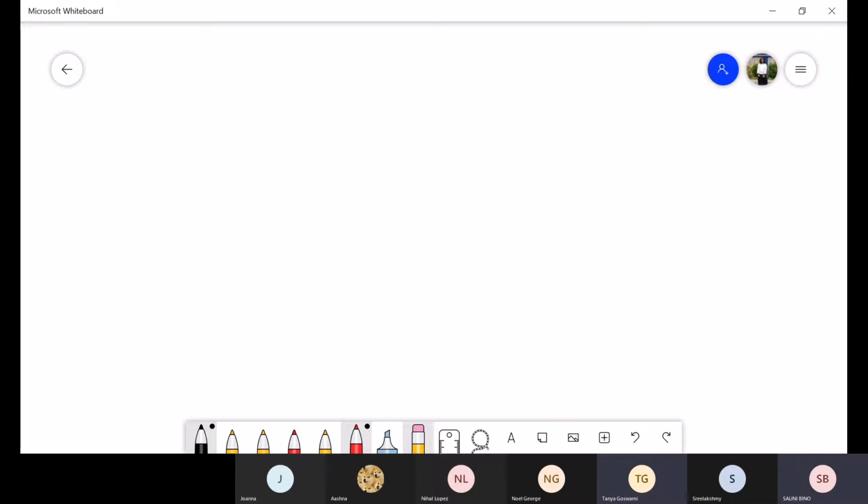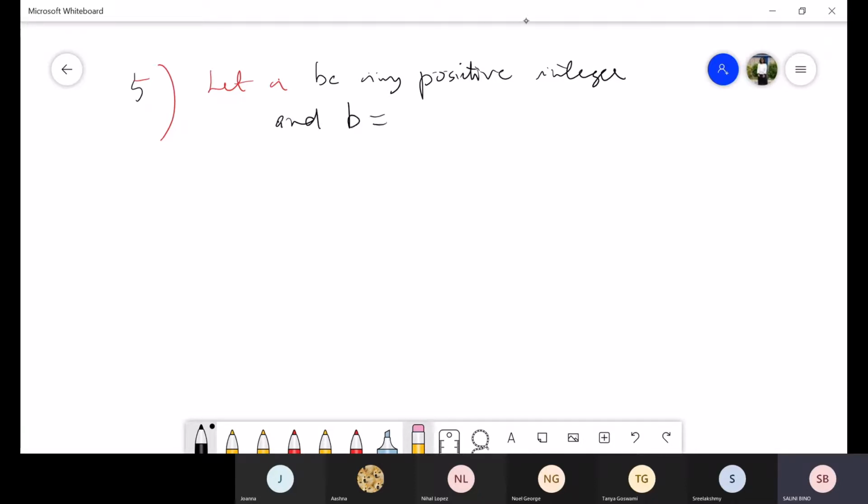Yes, see, ma'am, listen, it is a cube. So when you cube any positive integer, it is of the form 9m, 9m plus 1, or 9m plus 8. So what you have to do is, we will take a and b, any positive integer, and we'll take b as 3. I'll tell you why, because it is the cube of an integer. I will show you. So by Euclid's division algorithm,